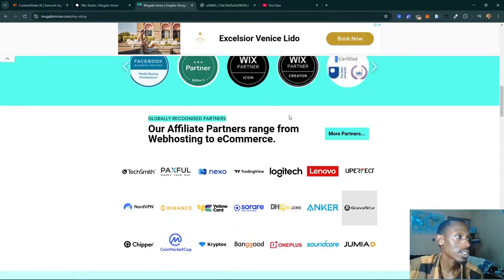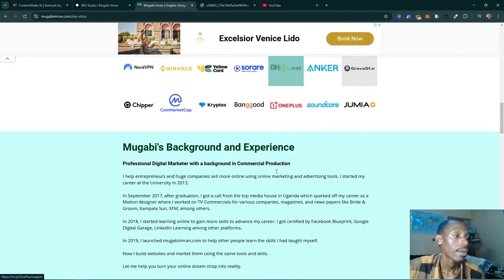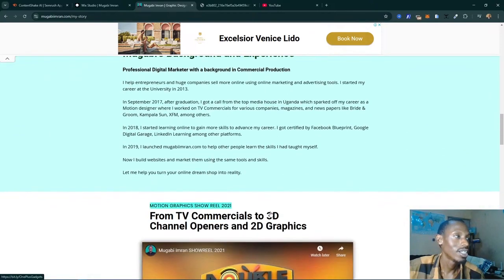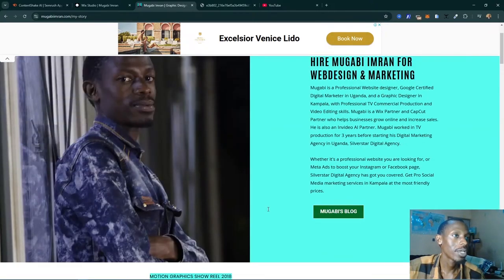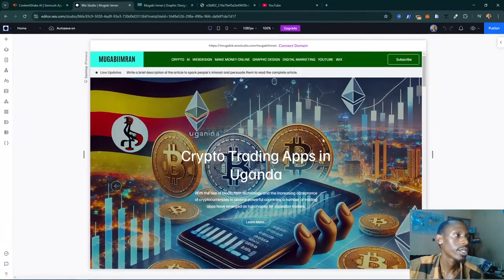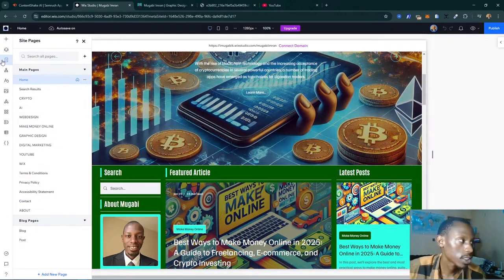Okay, so next, I think we might even skip this part because it's just the same as this one. So you just take this as your challenge or as your homework so that you can create something like this. For the text, of course, we have to skip that too because we already created text up here. But just in case, let's create that. After refreshing your editor, it usually takes you back to the home page. So go back to the pages here and select the correct page that you were editing before. So we go back to the about page,